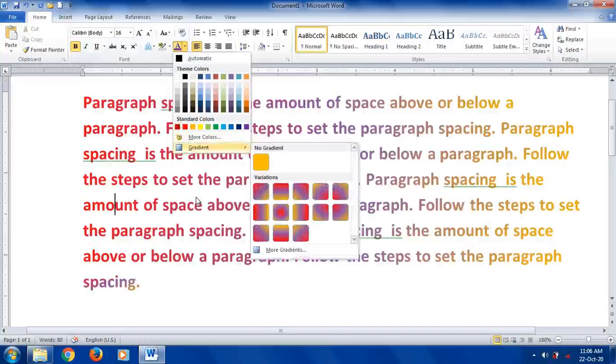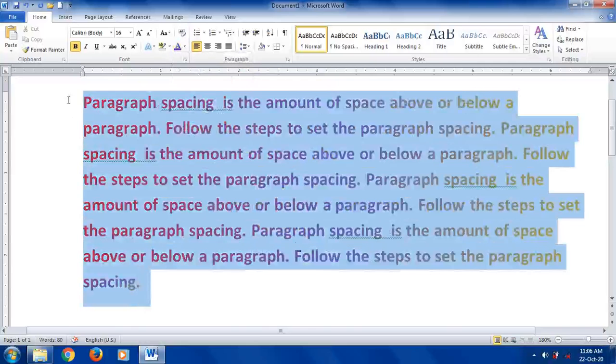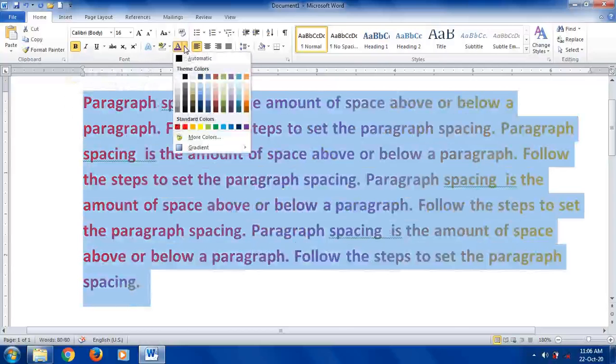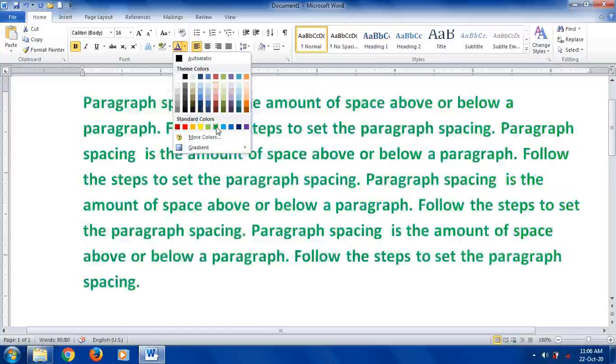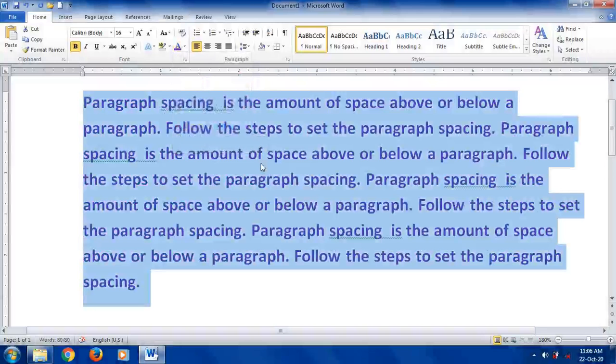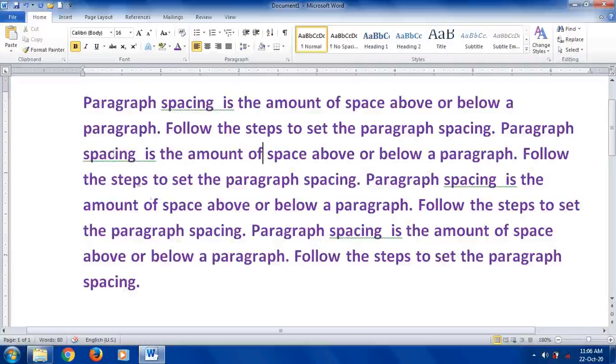So first, simple, you just need to select the text, go to the color option. In the color option, if you want to fill solid colors, then choose the solid colors from this list. So these are the solid colors. Under Standard Colors, I am going to give the blue color. Okay, blue color I have given. So here what happened, only one color is applied to your text. Only a single color is applied, so that is called solid color.